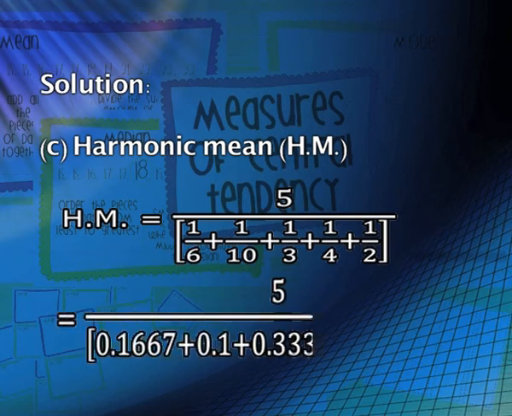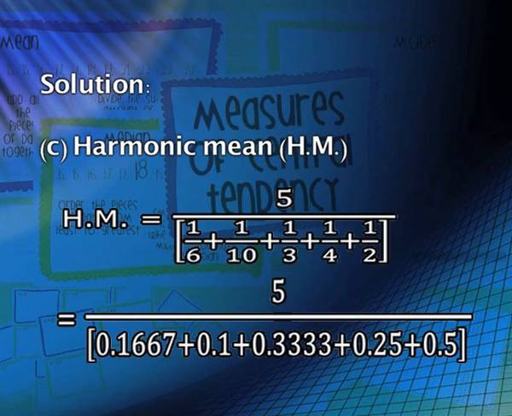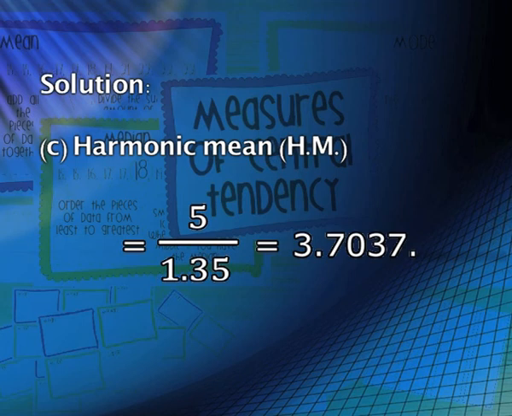So that is equal to 5 divided by 0.1667 plus 0.1 plus 0.3333 plus 0.25 plus 0.5. So that is equal to 5 divided by 1.35. So finally we have the harmonic mean as